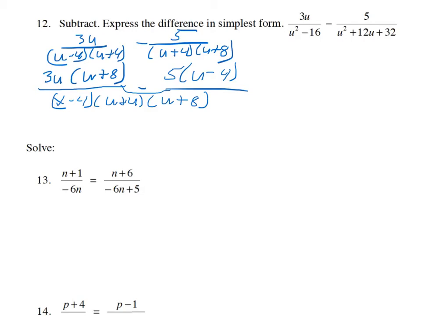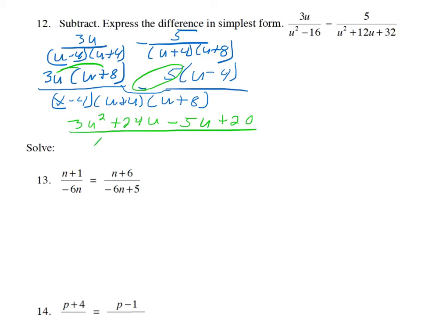Now, we're going to add the numerators, but in order to add like terms on the numerators, I have to get rid of the parentheses. So we're going to distribute in here. It looks like right here I'm going to get a 3u to the second plus a 24u. Now, notice that was a negative 5 there. So it's going to be minus 5u, and then I take a negative 5 times negative 4, which gives us a positive 20. All over top of this,